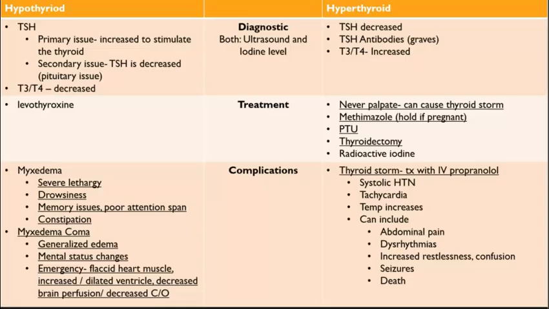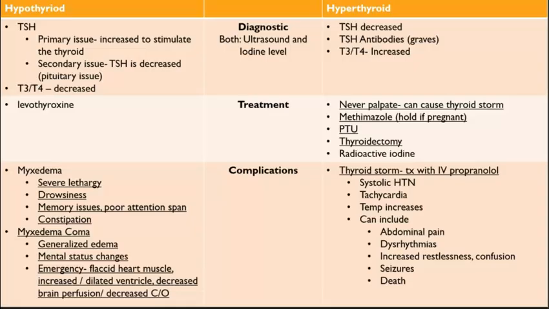So our diagnostic studies, things that we need to monitor for thyroid, we call it a thyroid panel, but it is our thyroid stimulating hormone that comes from the pituitary gland and our T3, T4 that comes directly from the thyroid gland. So with a hypothyroid, a primary issue, there's going to be increased TSH because there's nothing wrong with the pituitary gland. The pituitary gland is like, hey man, why aren't you releasing that T3, T4? I'm going to stimulate you more and more and more.